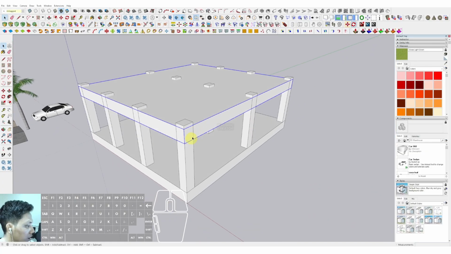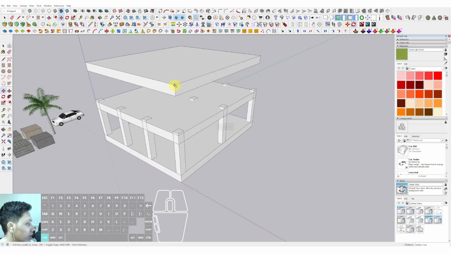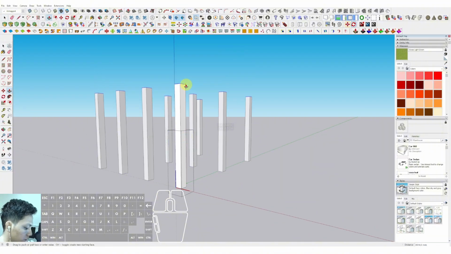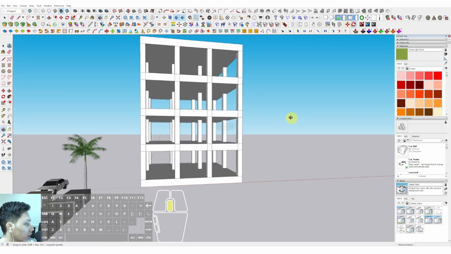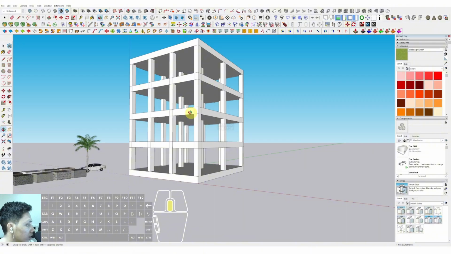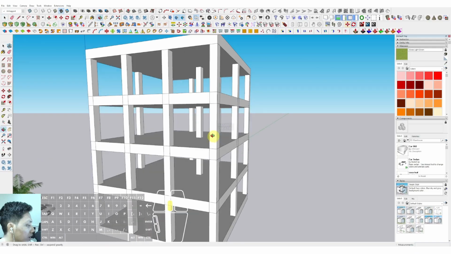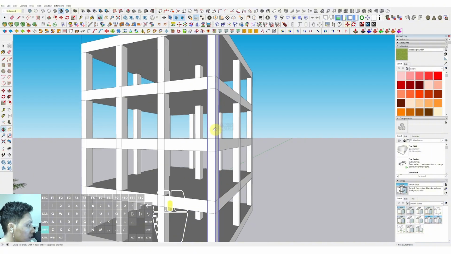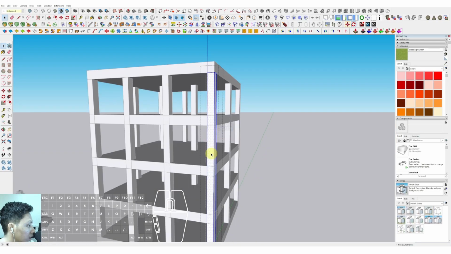Okay, now we can select the slab and select move, tap control, click from this corner to this corner, and move and duplicate again in here, and move and duplicate again in here. Okay, then we can triple click and we can push it up in here. We can push it up. Okay, and after that, now we can determine with another exploration. For this case, we can just right click and make it unique in here,